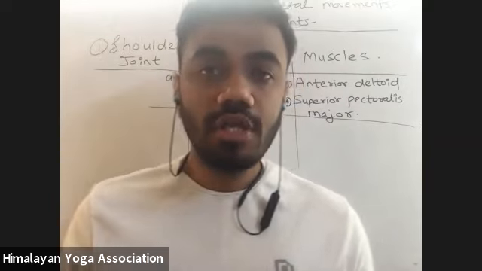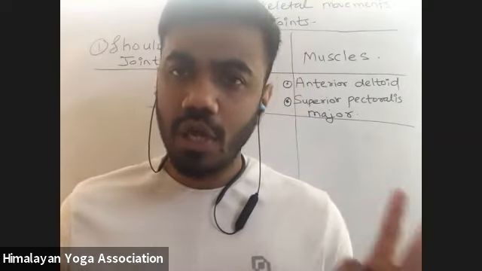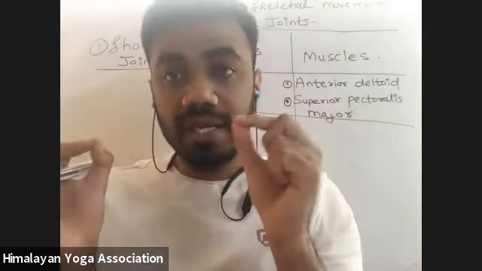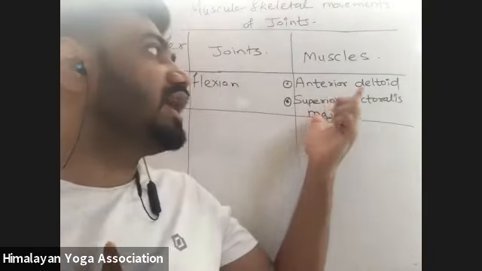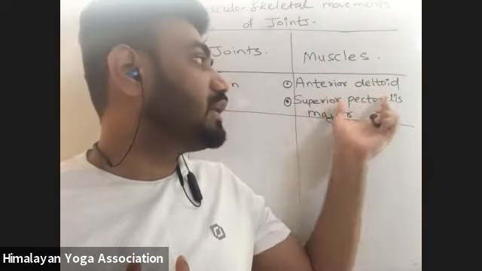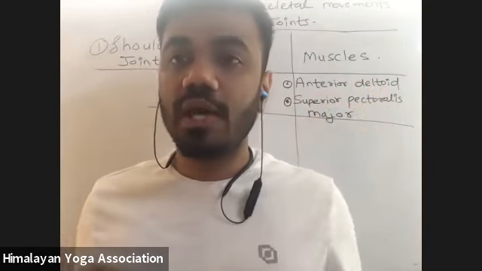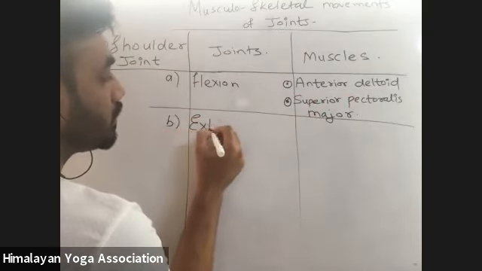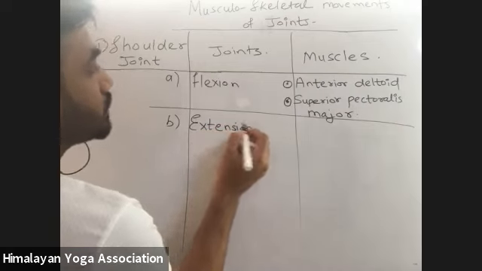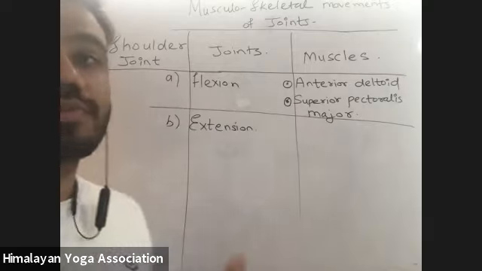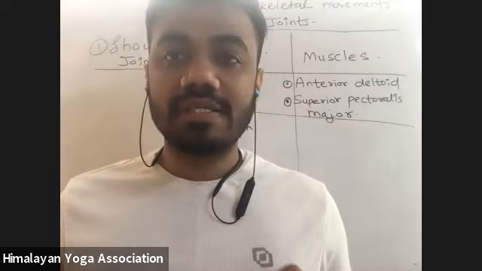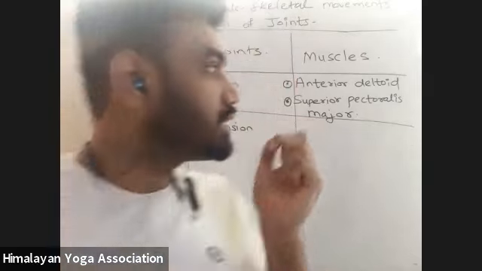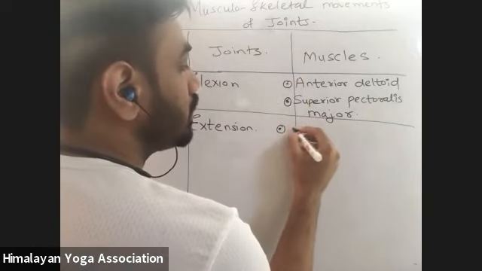Similarly, we have the shoulder extension movement. In lots of postures, we have to bring our arms in the front, that means we make flexion of the arms. At that time we engage or contract our deltoids and the pectoralis major muscles, which allow us to flex our arms. Similarly, we have the extension movement, the extension of the shoulder joint. What muscles help to extend our arm from the shoulder joint? Those muscles are the posterior deltoid,